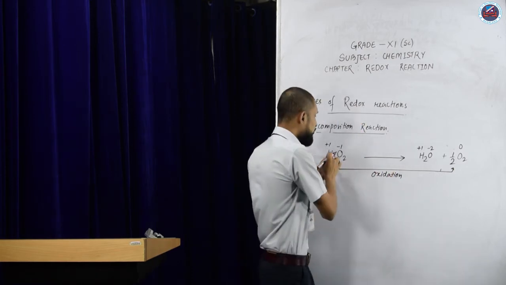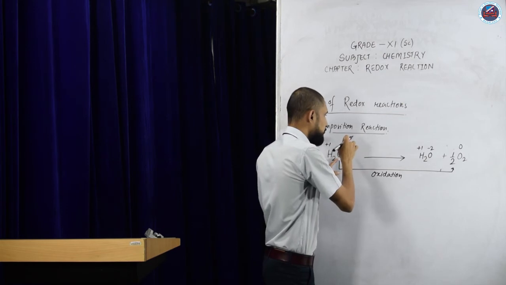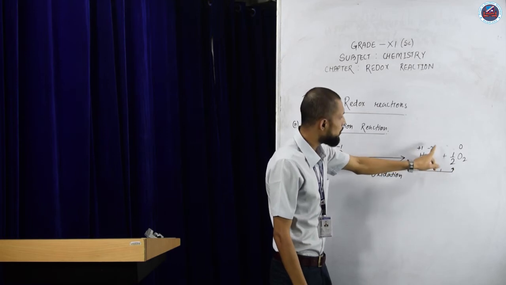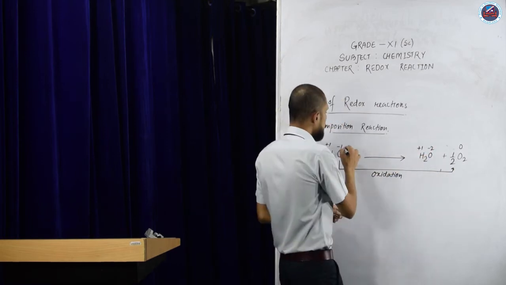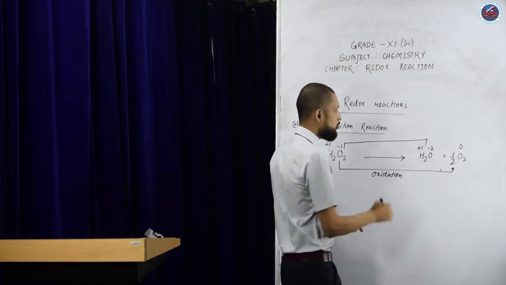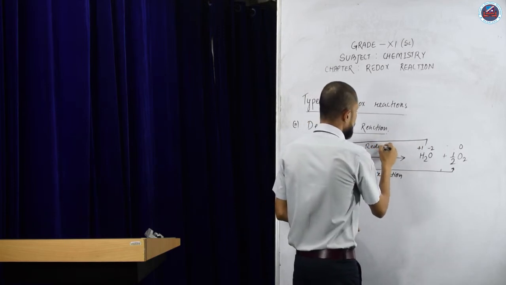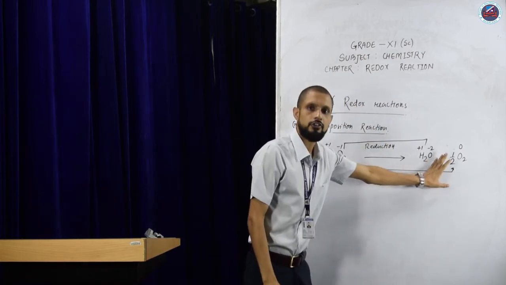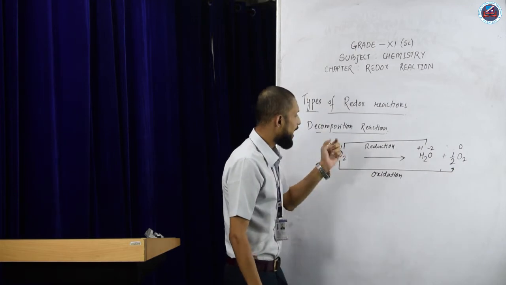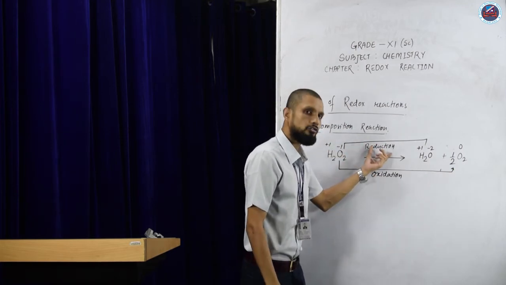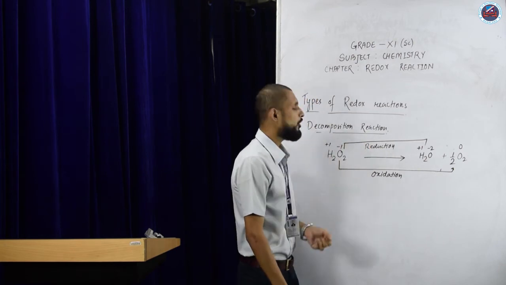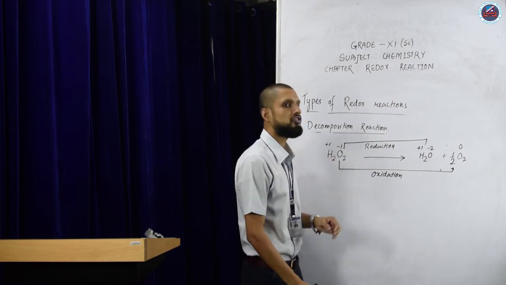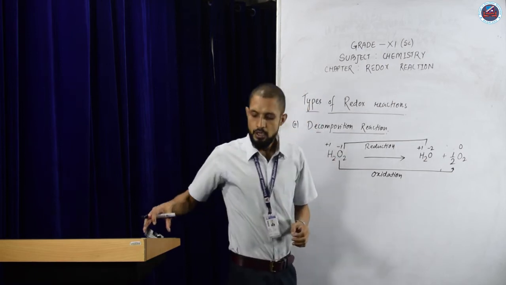Whereas from H2O2, the oxidation number of oxygen from -1 to H2O, oxidation number of oxygen is -2. There is decrease in oxidation number. So therefore, this is reduction. Now you can say this is a decomposition reaction, and in this decomposition reaction you have both oxidation and reduction. So therefore, this decomposition reaction is also a redox reaction. So this is also one type of redox reaction. Next